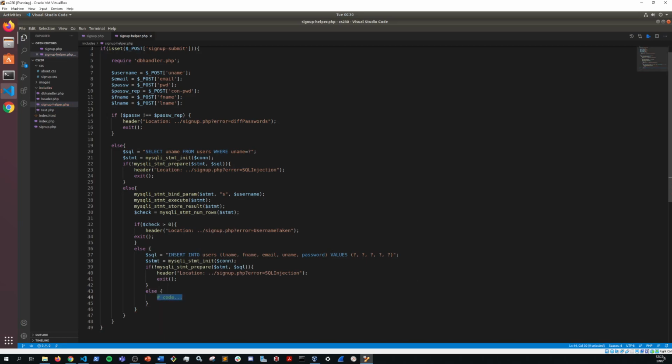now we're actually going to insert our values into our table. But before we do that, we are going to just do our hashing. We need to actually encrypt the password. So this is actually a very important point